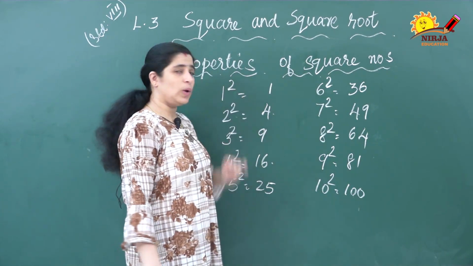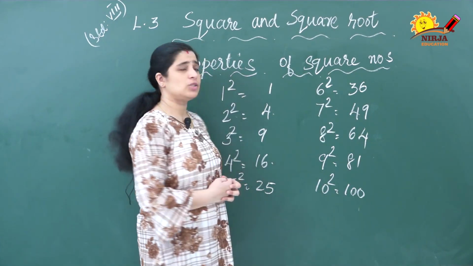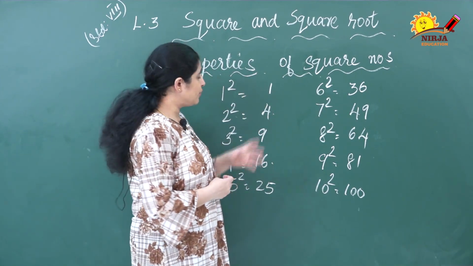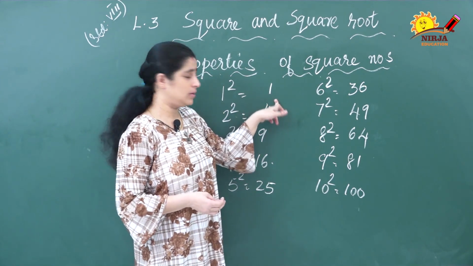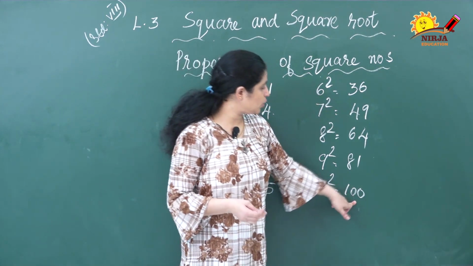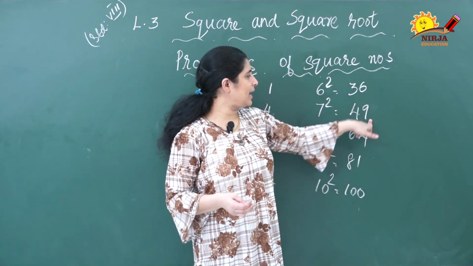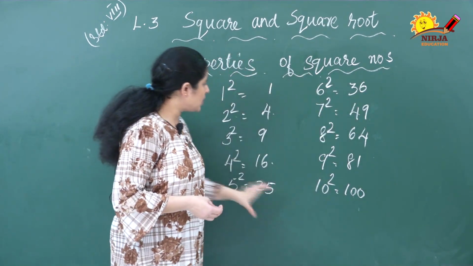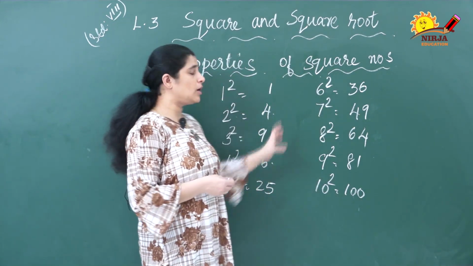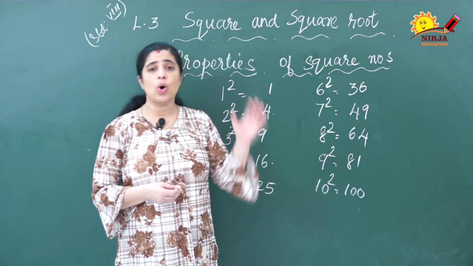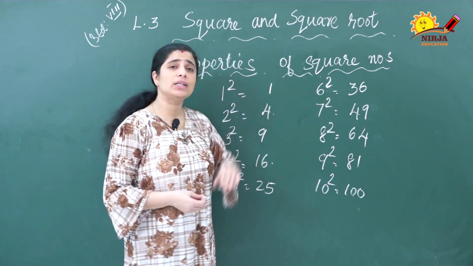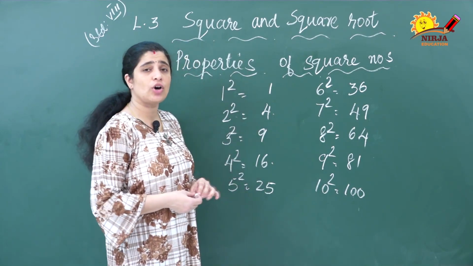So using these squares, we will discuss some of the properties of squares. Now we will find the unit digits of these numbers. Here 1, here 4, 9, 6, 5, 0, 1, 4, 9, 6. When you consider the digits in the unit place of a square, you can find that some of the numbers are repeating. All the numbers from 0 to 9 are not there in this. So what are the numbers that are there in the unit digits of these squares?